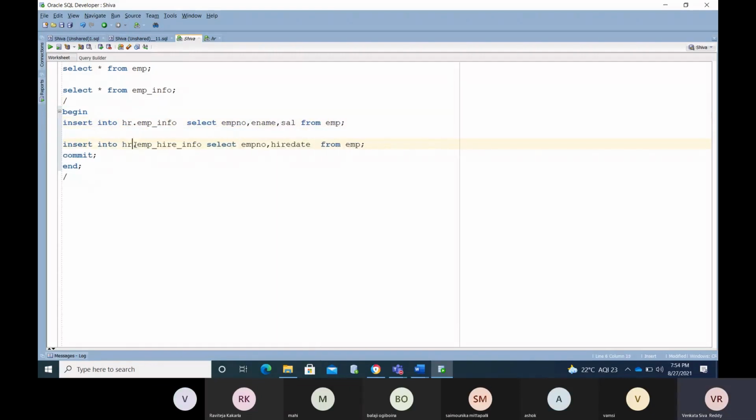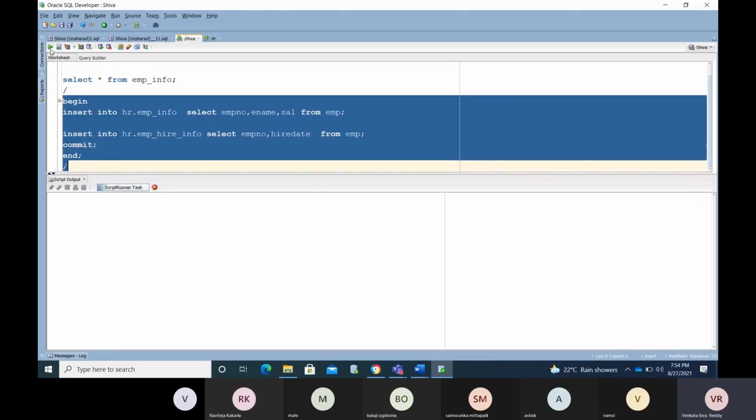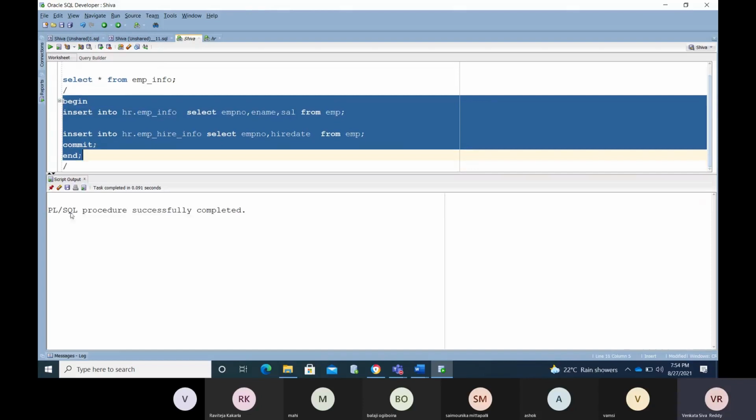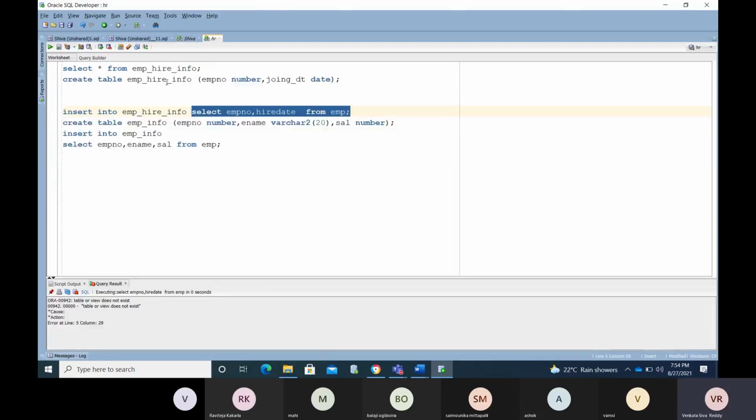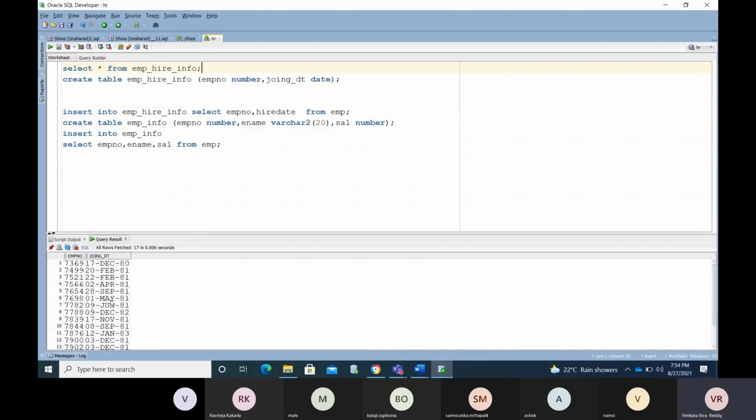Now I have created the table in this HR schema, so I need to mention the target schema name here. Now I'm running the code. Here we go, PL/SQL procedure successfully completed. See, whether the data is inserted here needs to be verified. Okay, the data got inserted here. Earlier we didn't have any data.